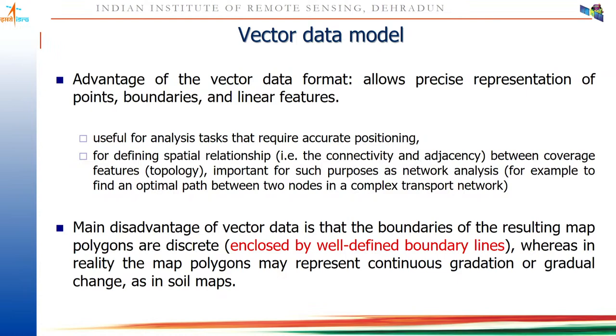geographical features in the vector data where we do not have any boundaries. For example, temperature: we cannot draw a boundary saying that after this boundary the temperature will change. Similarly for rainfall we cannot do it, and similarly for soil maps. So in some cases it's not possible, but in some cases the vector data models are perfect or very good